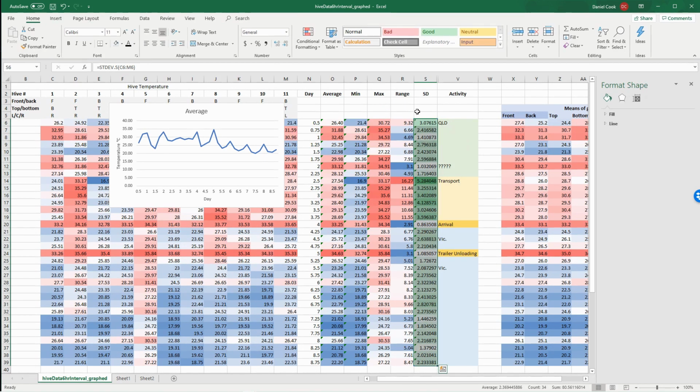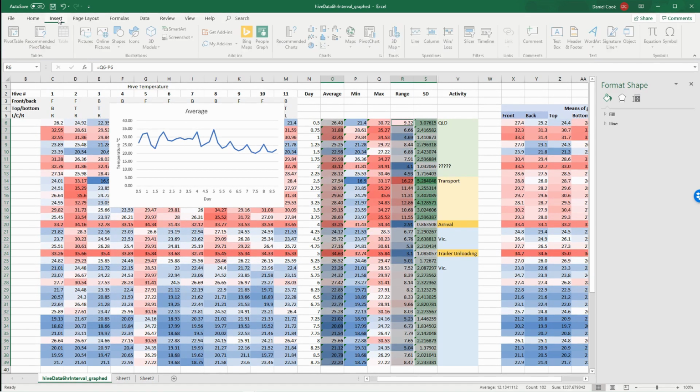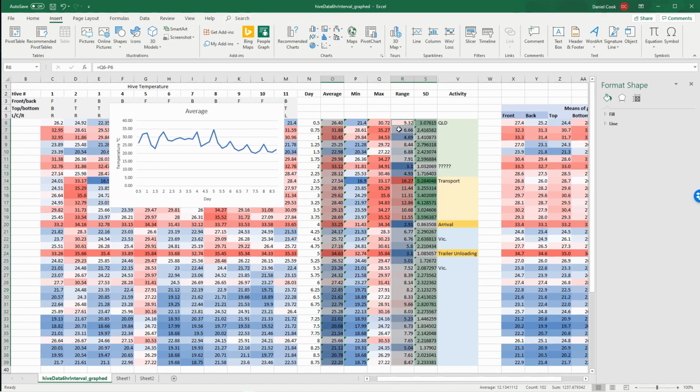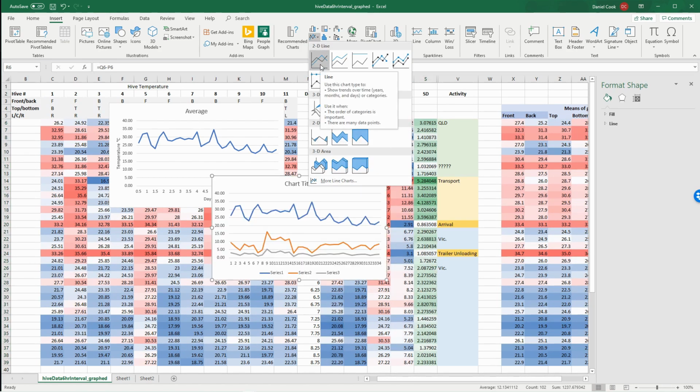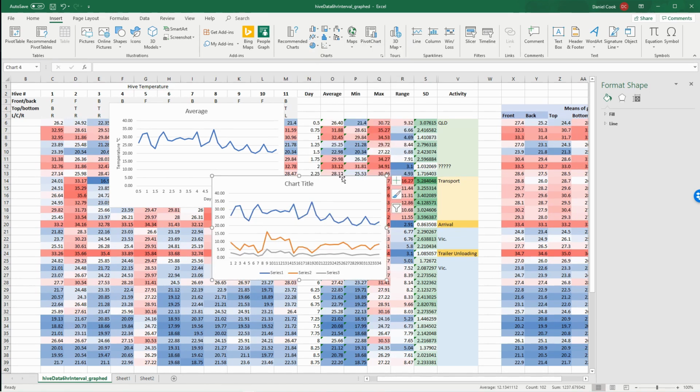I'm going to delete it, but this time I'm going to grab this whole range here, and then I'm going to grab standard deviation, and I might also grab the range just to see what happens. And now when I go up to insert, by the way, I did that by holding down Control as I dragged down, and that added it to the group. Now when I hit this, I get a multi-plot line, which is great. And if I hit plot, we can now see from this